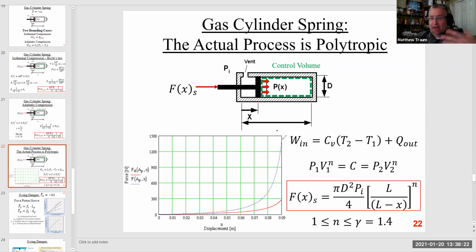And as you would expect, the adiabatic compression is much higher, right? Because we're not letting any of the energy that we put in out as a heat transfer process. But what actually happens is this polytropic compression, which I'll try to draw here, which is somewhere between those two, right? I'm not drawing it very well, but that's sort of what that polytropic curve looks like.